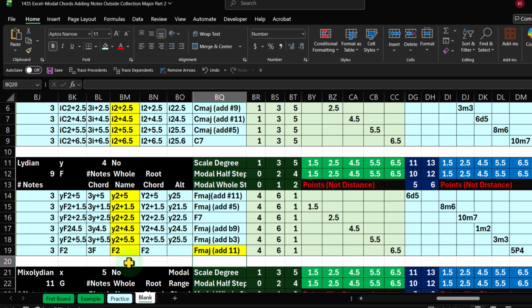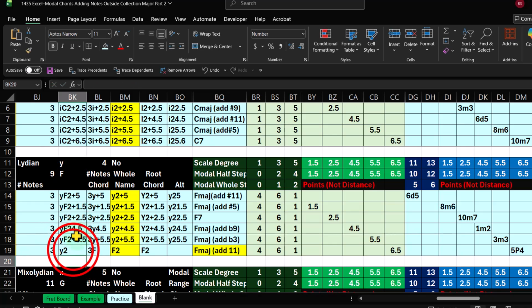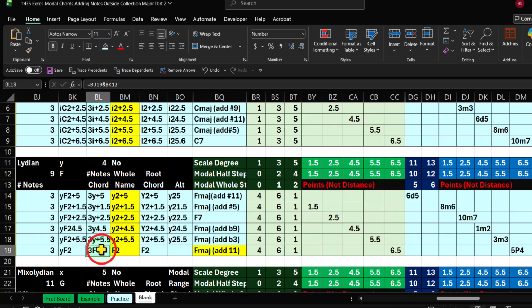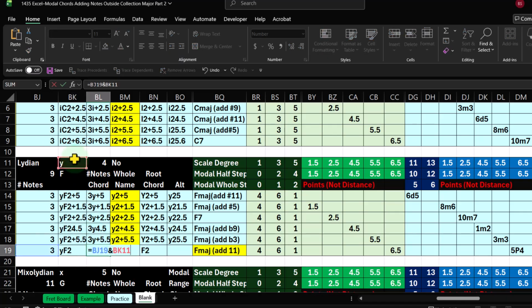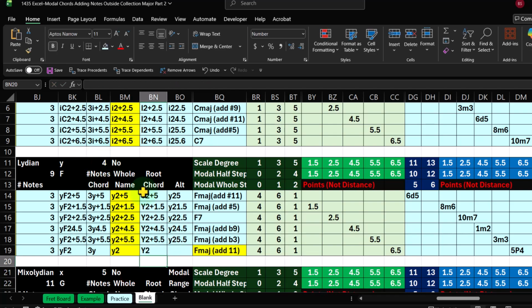But if I say, look, it's a normal triad, I have to move all these up. I need to move this up here. I need to move this up here. I'm going to double click on this one and move this up here. I'm going to double click on this one and move this up here. And then I'm going to double click on this one, and that one's good. Okay. So if I say it's a normal